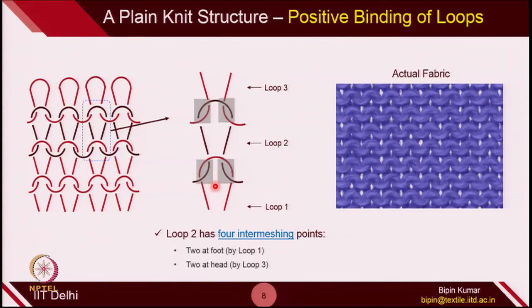Okay. This is the image of actual fabric. If you try to find out what is happening with the head and the feet portion, I am going to set one segment of the loop which is exactly the same one. So, I have highlighted here. In this segment you can easily see the head part and the foot part. So, this is the foot part which is interacted with the bottom loop, and the head part is interacted with the top loop. Okay. In the entire fabric structure, you would not be able to see the straight segment of the loop, the leg is not visible in this surface of the fabric.